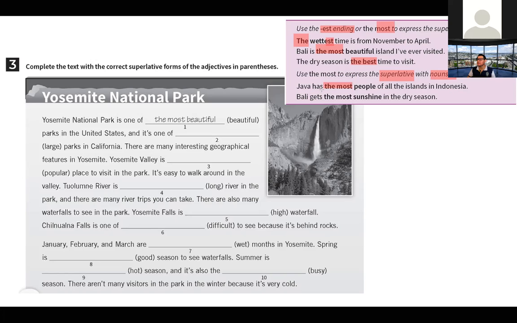Valley gets the most sunshine in the dry season, de igual manera, ¿ve? Siempre que yo voy a usar superlativos con sustantivos voy a usar the most. ¿Ya? Aquí no voy a usar peopleest, no. Tampoco sunshines, nunca. ¿Ok? Solamente the most. ¿Ya? We are practicing the previous class,